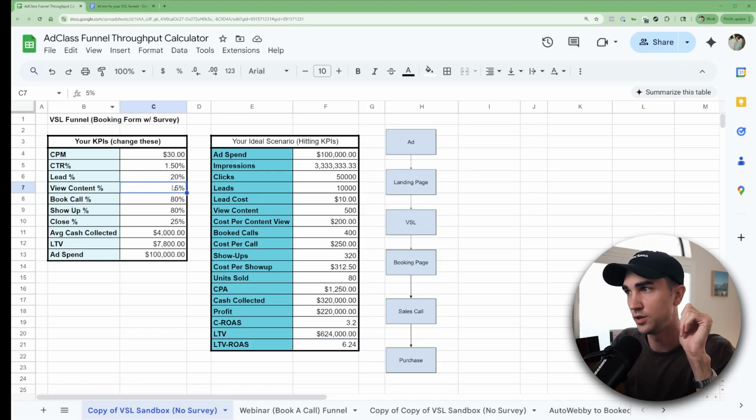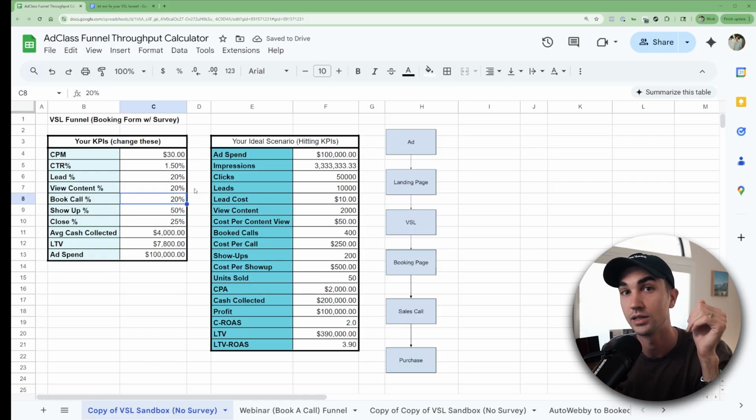So let's say we fix the view content percentage. Let's say we get it up to 20%. Our VSL is crushing, getting a ton of people through. But now, for whatever reason, only 20% of people are booking the call. This is another issue, right? Where we probably want a higher book call rate, especially for people who have made it through the VSL and are highly educated. This is going to be an interesting topic